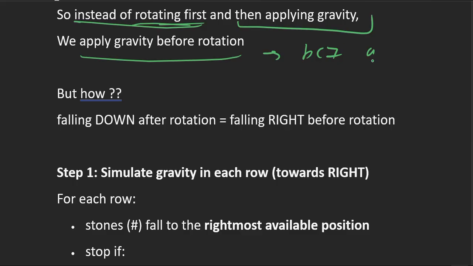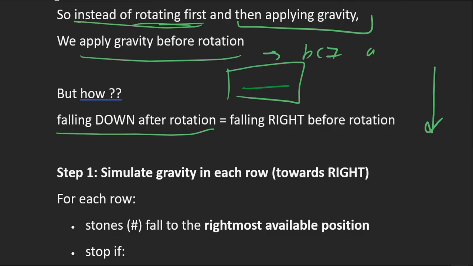It is given in the question that they will not move to another row, right? So falling down after rotation is equal to falling right before rotation, right? So what we are trying to do is simulate the gravity before the rotation. Even after rotation the stones will shift in their row only, so we can do that before rotation also, right? So first, in step 1 we simulate gravity